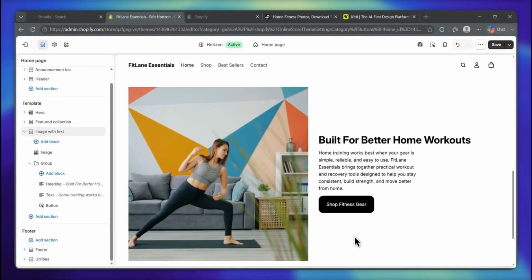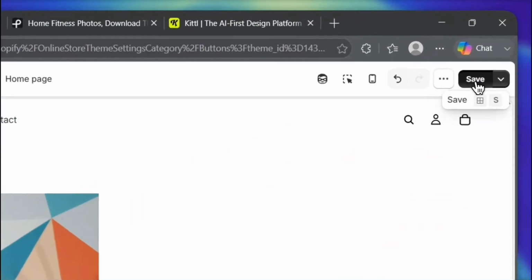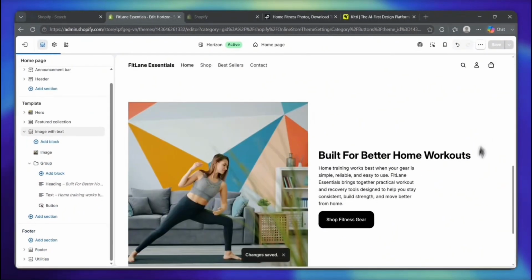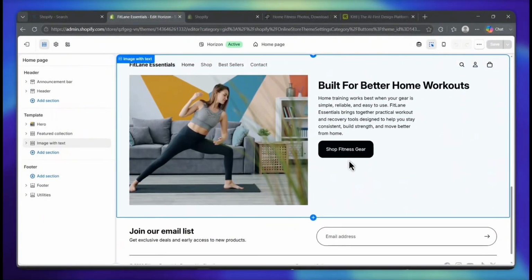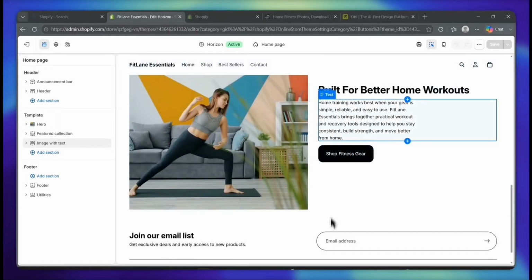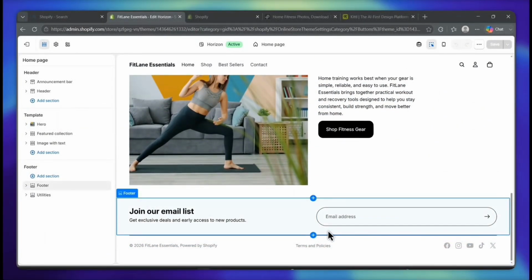We now have a section that gives the brand a little more context. It tells visitors what Fit Lane Essentials is about, who it's for, and why the products belong together. All right, now that we've added a short brand story section, the homepage is starting to feel a lot more human. But before we move into the footer, I want to add one more section that makes the value of